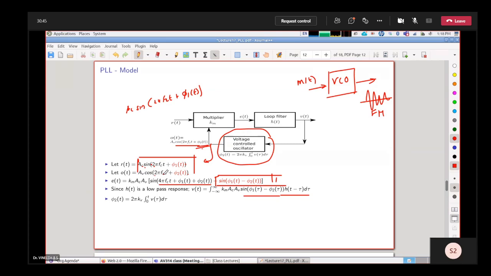Now, this is not enough for us. We want to understand a more realistic case where you don't initially start with the assumption that phi1 of t and phi2 of t are equal. In a practical system, you will be receiving some carrier. You don't really know what its phase is going to be. So in order to understand what happens in that case, we are going to think about the system in a slightly different way. We are going to extract from the system those signals which are of interest to us, and we will look at only those signals.